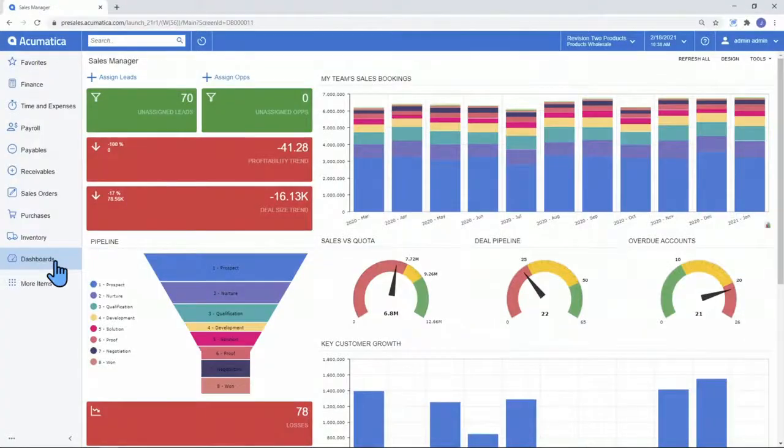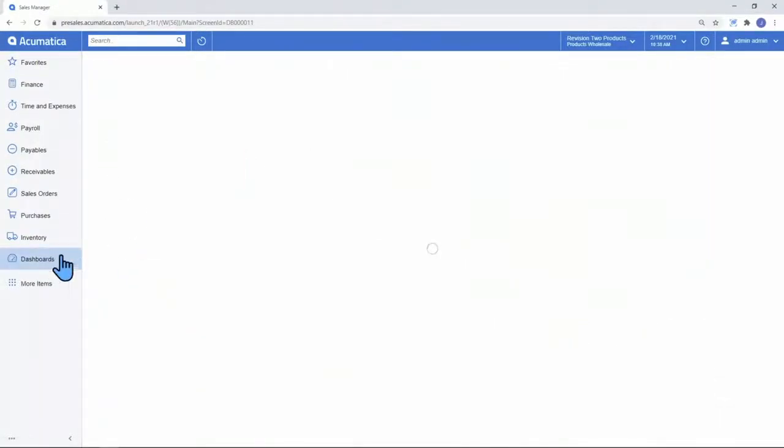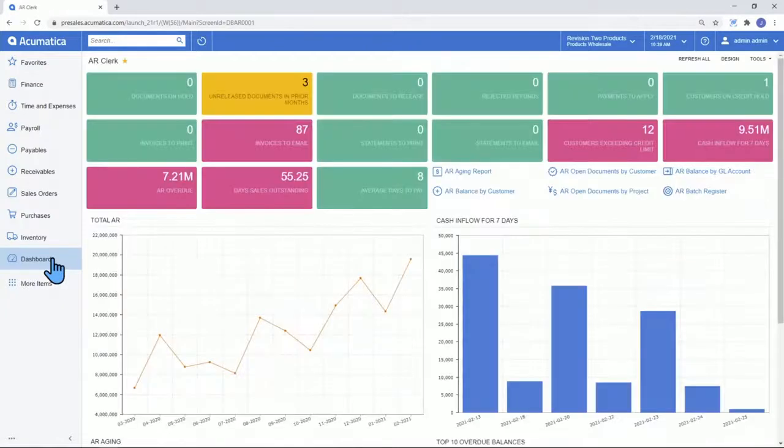So now that we've done some account targeting, we know that our AR team is going to start to get heavily involved with processing the orders from these new discounted target accounts. What I'm going to do is navigate over to my AR clerk dashboard. In Acumatica 21R1, we have introduced brand new financials dashboards that are built into the core product. Again, faster customer implementations, and also being able to deliver industry-leading key performance indicators across the different aspects of an